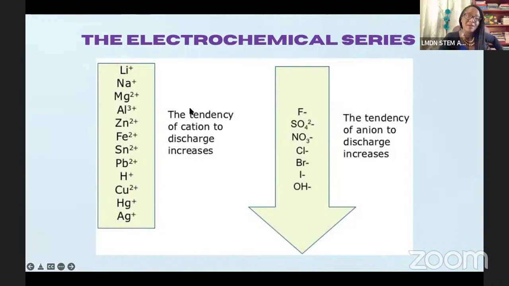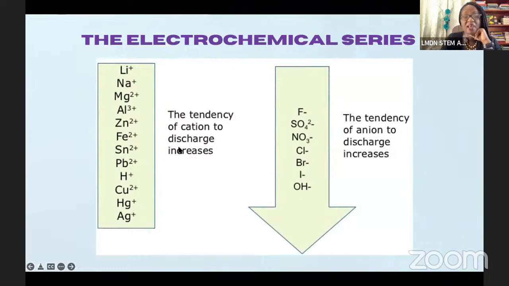What the electrochemical series is saying is that the lower the cation is or the lower the anion is, whichever one is lower, that's the one that's going to win. So if I am choosing between the chloride ion and the hydroxide ion, the lower one is going to win, meaning this is the one I'm going to have to write the reaction at the anode for, because this is the one that's going to get